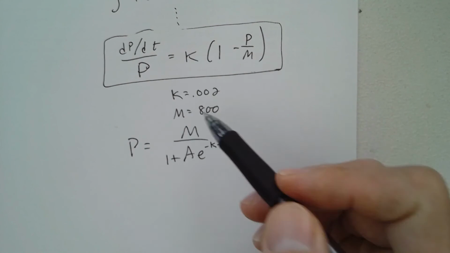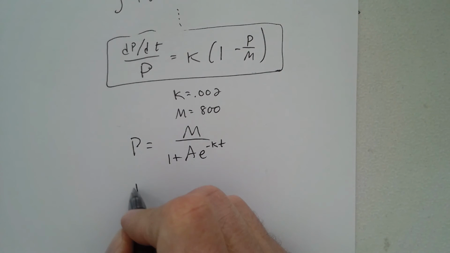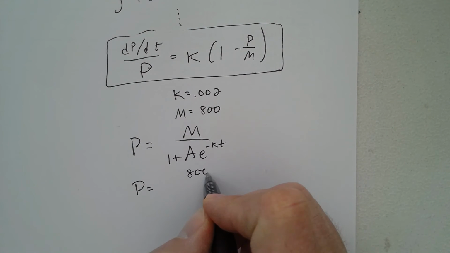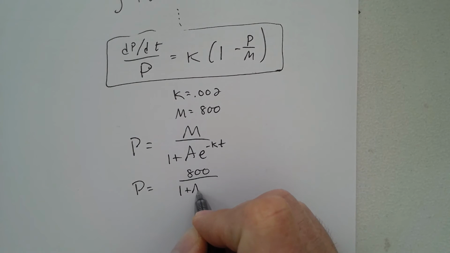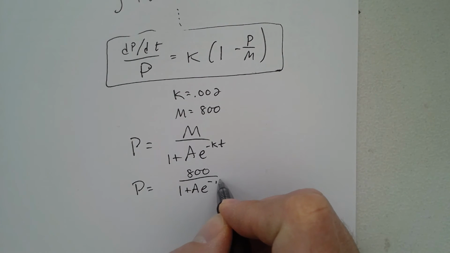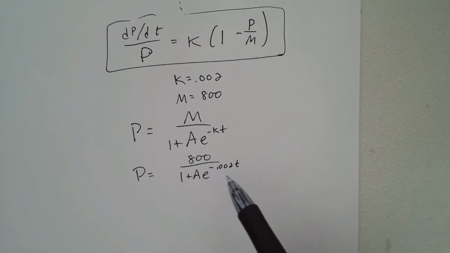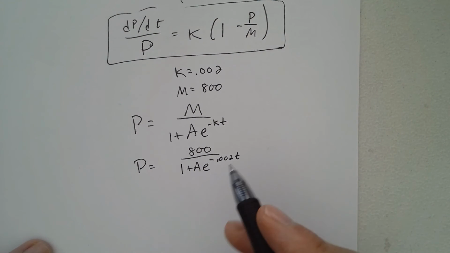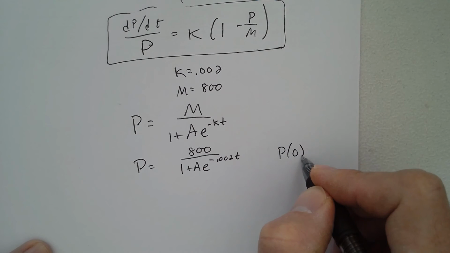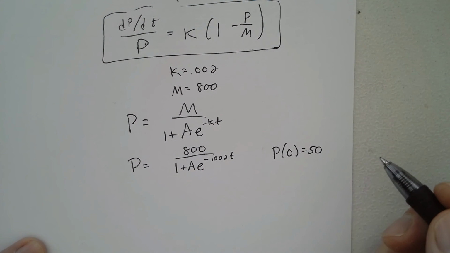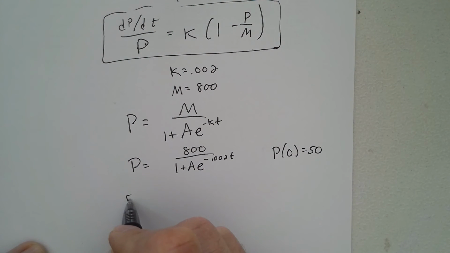So we know k and we know m. So p equals 800 over 1 plus a e to the negative 0.002 t. So we're close. All we need now is to find what a is. And we do know p of 0 equals 50. That's given to us, so we can plug in 50